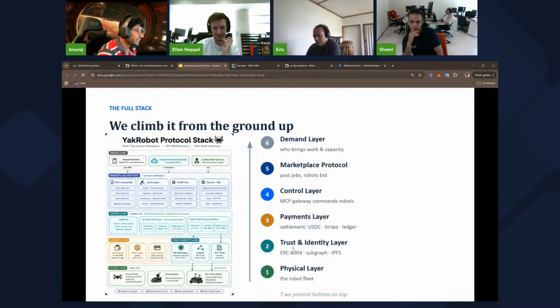So basically we have the robot, and we have the identity layer on the blockchain, and then the robots can find each other in a decentralized way without any centralized server. The capabilities can be advertised via these trust and identity layers. We have a fleet orchestrator, not centralized, with an MCP plugin. So you can plug in different kinds of robots and advertise them on the blockchain, and you can find them from anywhere in the world, see what capabilities the robots have, and control them with your language model.